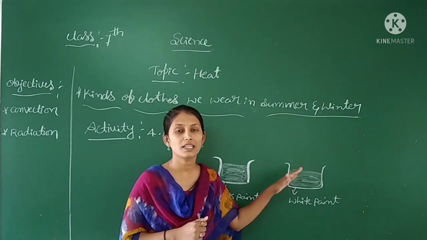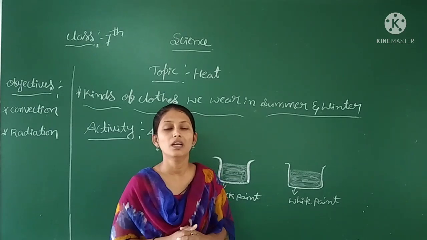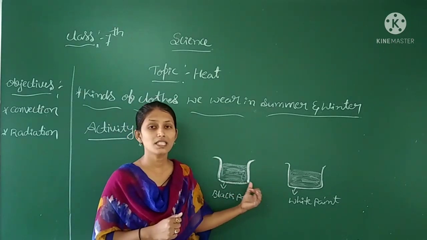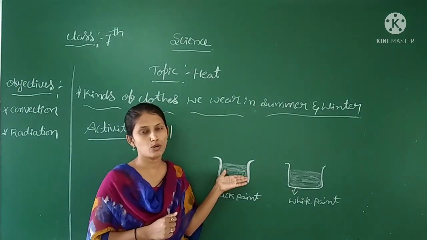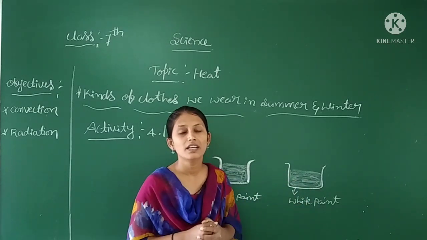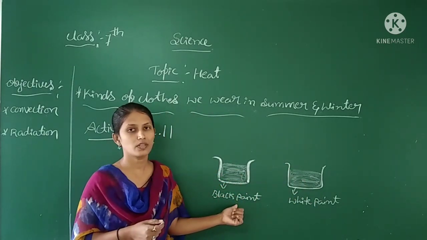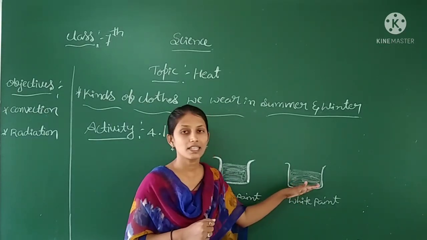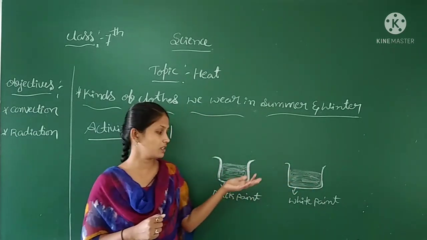You might have observed that the temperature will fall. In which tin can will the temperature fall more compared to the other? As I said before, the black paint will absorb a lot of heat energy, which means more heat energy is there. But the white painted tin can will lose the heat very fast compared to the first one. The white tin can reflects the heat energy, which means the temperature of the white tin can will fall first compared to the first one.